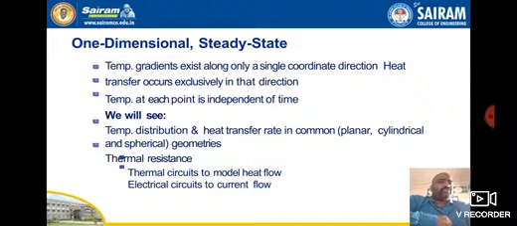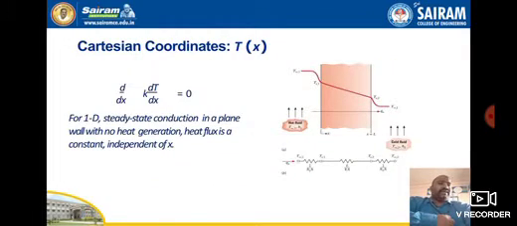Suppose the temperature and distribution of the heat transfer rate are common, like planar, cylindrical and spherical geometry. The thermal resistance becomes two types. One is electrical resistance and the other is thermal resistance. In thermal circuits the mode of heat transfer will be flow, and in an electrical circuit the current will flow. How is the current flowing in an electrical system? Similarly, in thermal circuits the heat is going to flow by temperature difference.